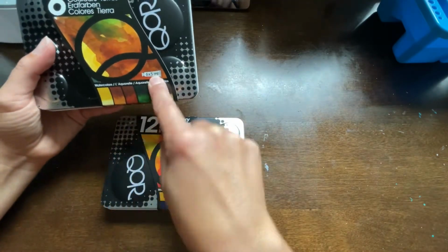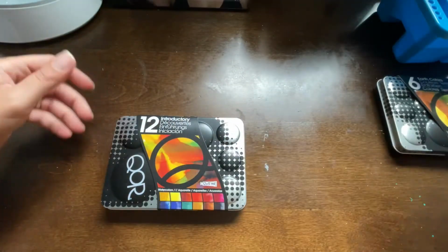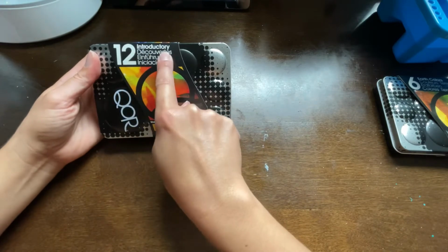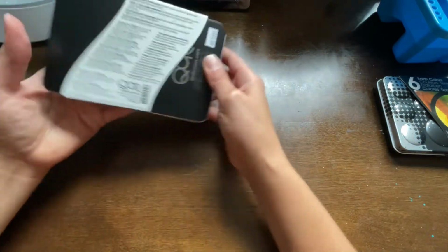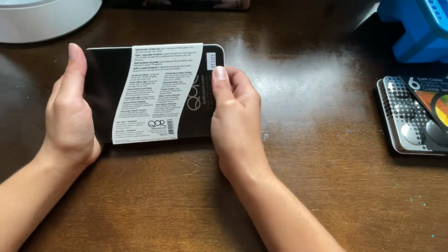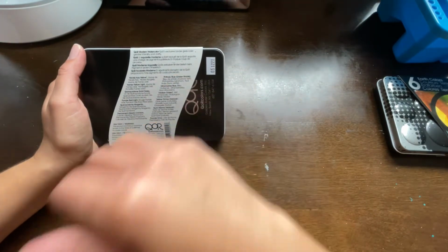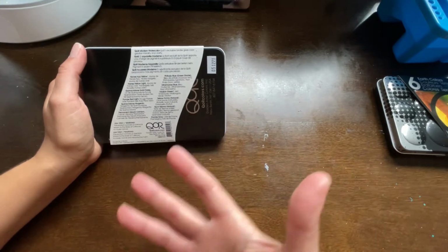They're 5 milliliters each. And then we have the 12 set, which is an introductory one, which basically gives you a lot of colors that you can mix and make new colors with. I'm hoping. This is what I think in theory, but like I said, we're going to try it out together,